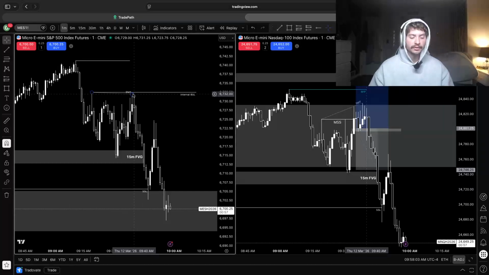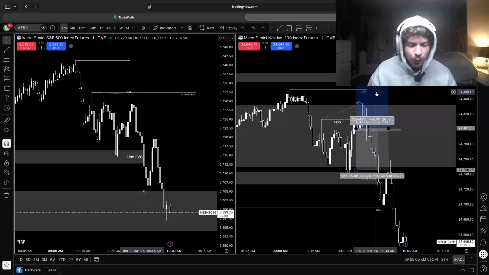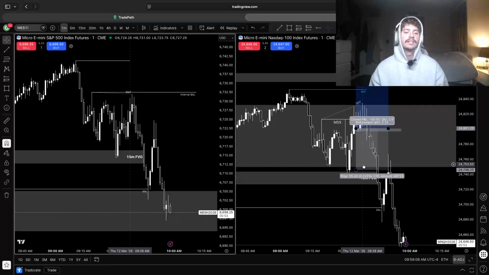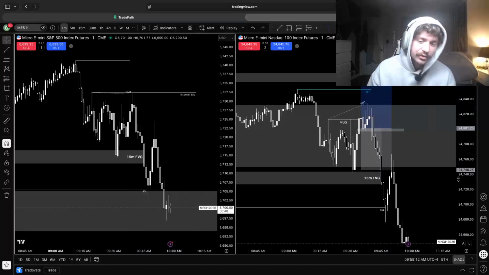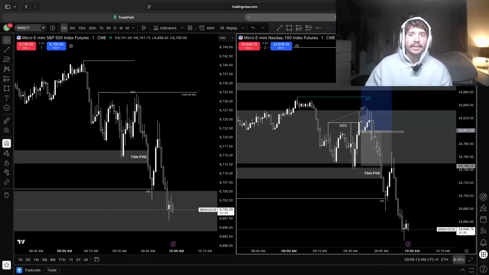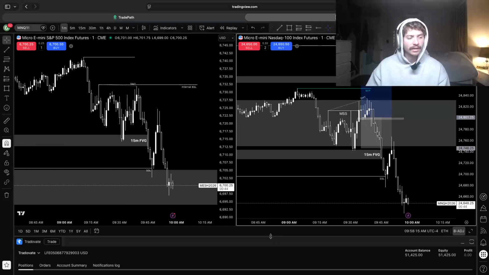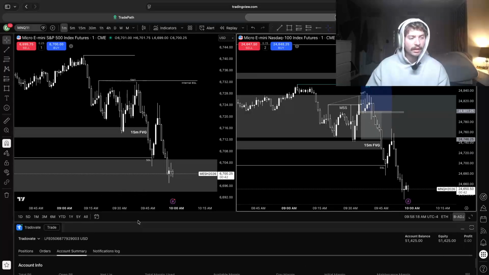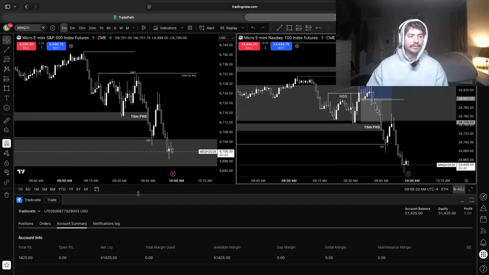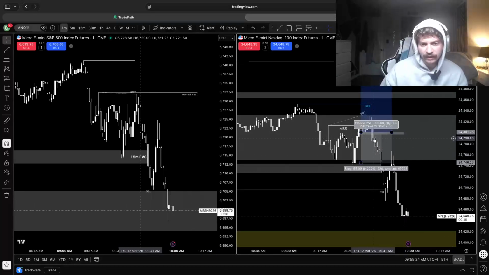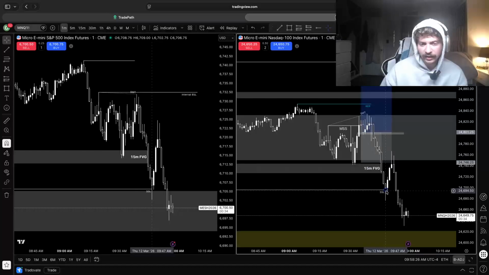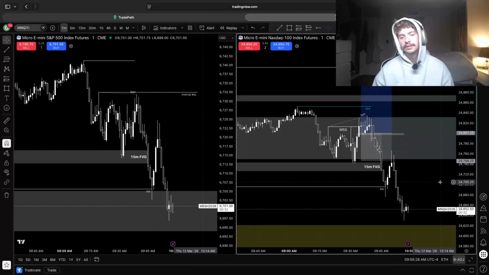So on that trade I risked 105-ish or 110 because I only took one contract, and then you multiply the amount of points by 2 to get the amount risked. That would be $110 risk. But then on my eval accounts, I made 1500 because after I realized that we were getting ran here, I just took a short here targeting this sell side, and then we hit it, so that was nice.